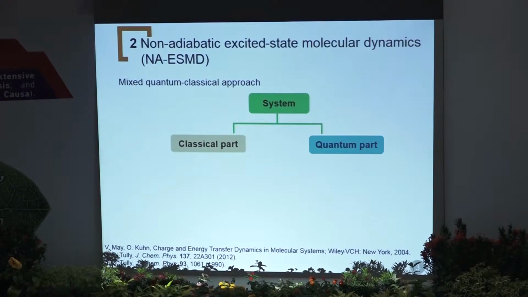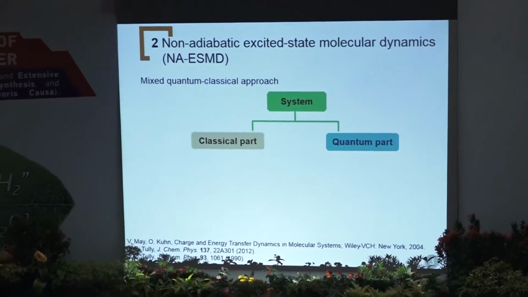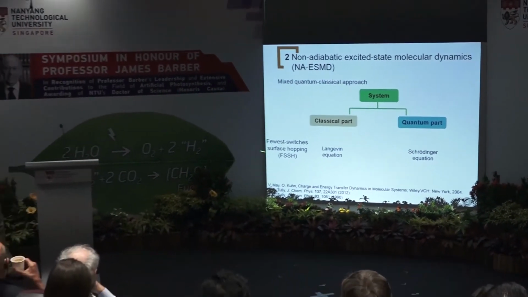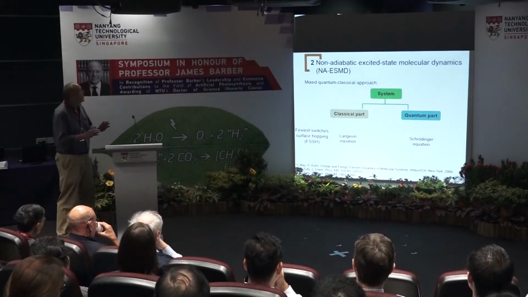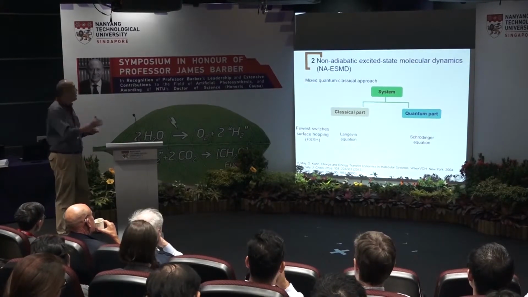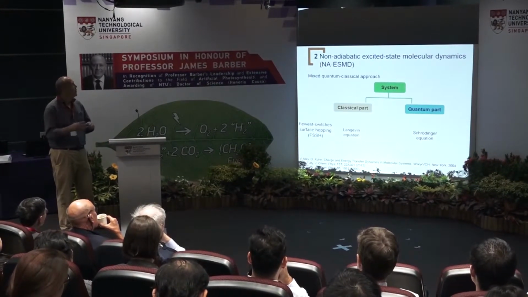We employ a mixed quantum classical system. Because of the extreme complexity in the nuclear degree of freedom, we cannot do quantum mechanics for both degrees of freedom. We can only do quantum mechanics for the electronic degree of freedom while leaving the nuclear degree of freedom to a classical simulation. But that classical simulation is not a simplistic classical simulation. This one is actually with an algorithm called Fewest Switches surface hopping. It allows the system to hop from one energy surface to the other when the criterion is satisfied.